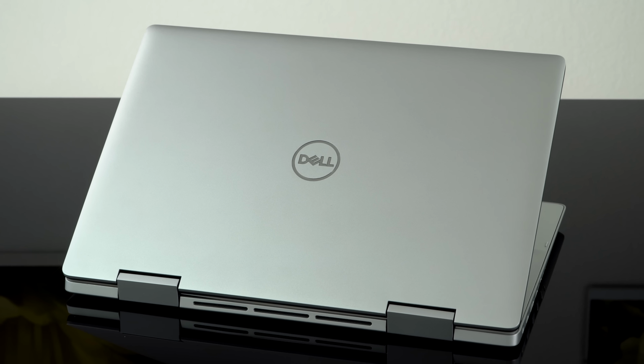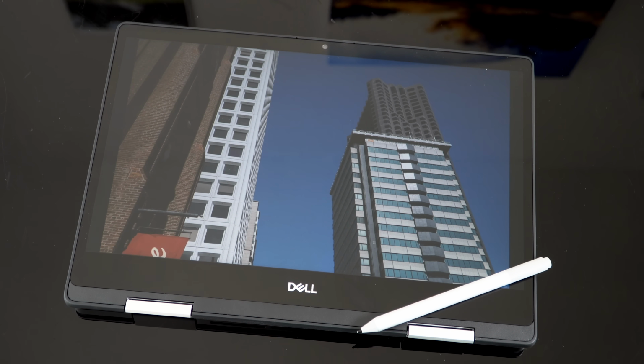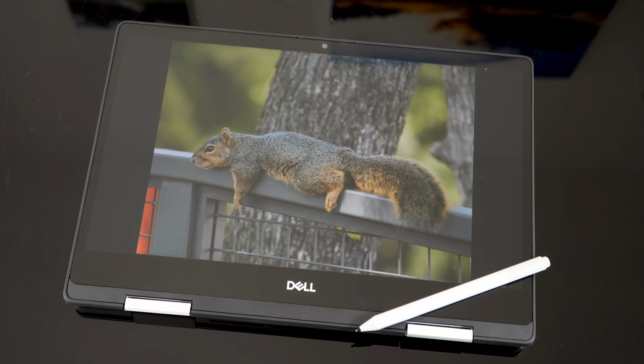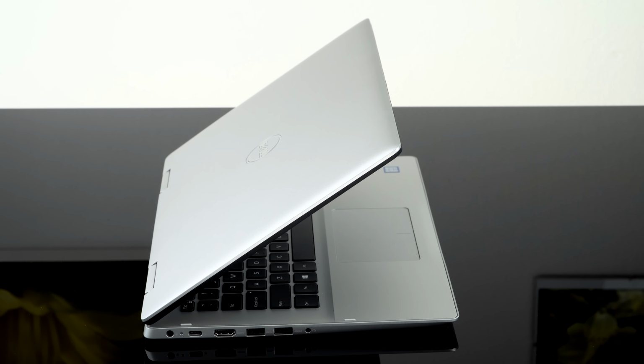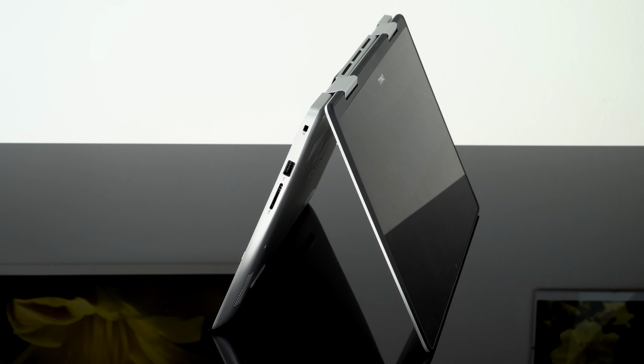The price starts around $540, and that's probably a configuration that you won't be that excited about unless you're really on a tight budget. So for $540, you can get a Core i3, 4 gigs of RAM, and a spinning hard drive. Now we have the model that lists for $899, but it sells for around $865. That gets you the new Core i7 Whiskey Lake quad-core Ultrabook CPU inside, 8 gigs of RAM, and a 256